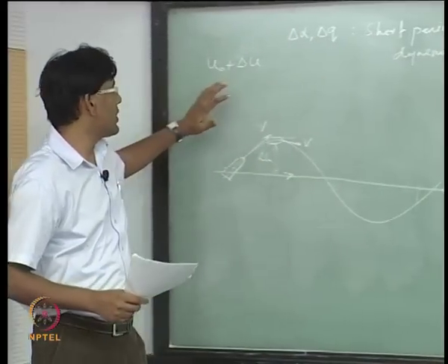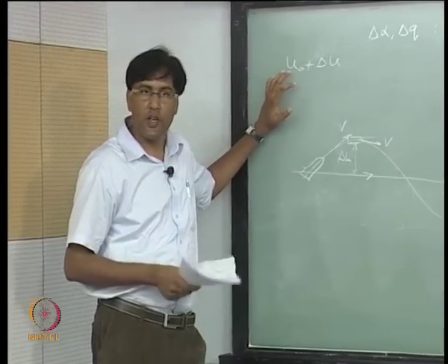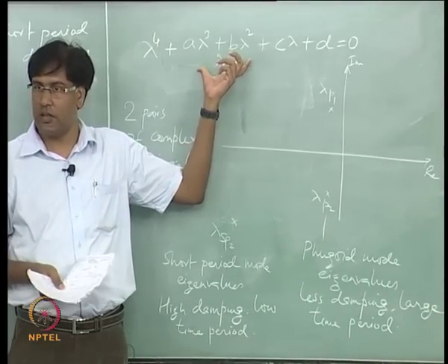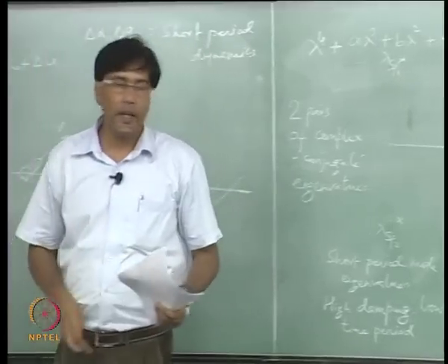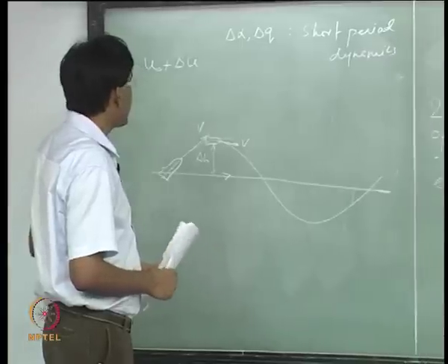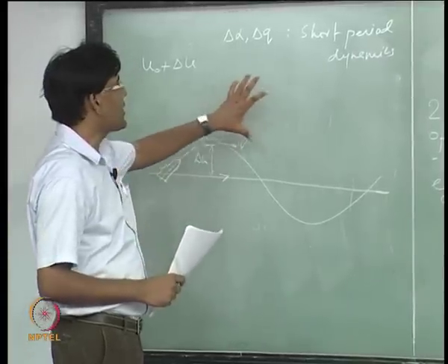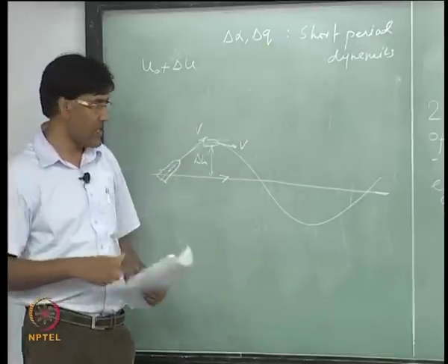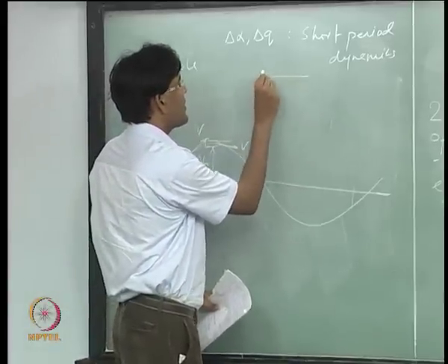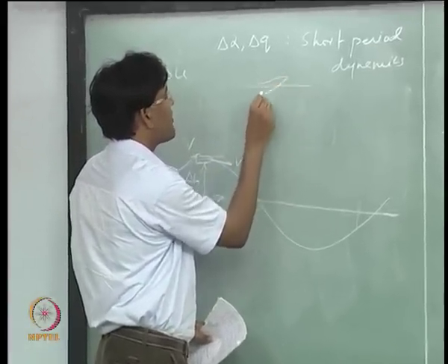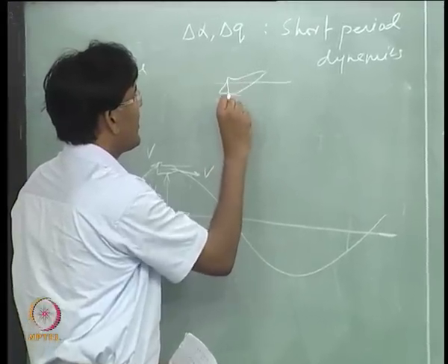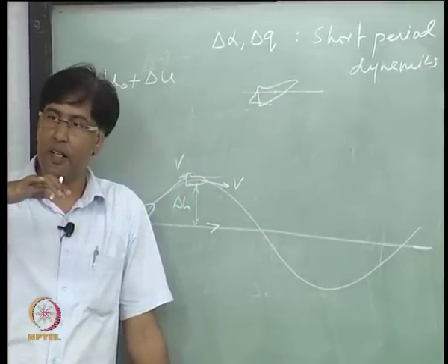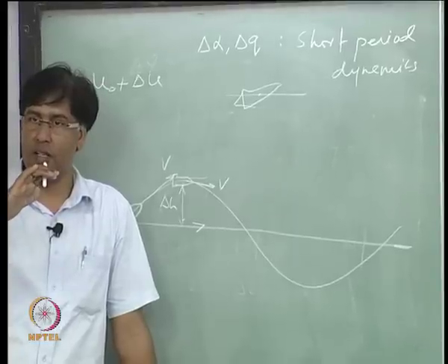Now based on these assumptions, it was further possible to break this into two second order equations. So what I am going to do is look at two different types of motion. One is this and the other one is this, where the aircraft is only pitching up and down around a point. So you are in flight and you start doing this, and that motion is so fast